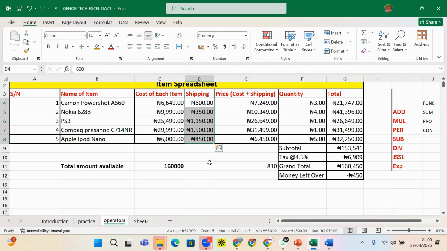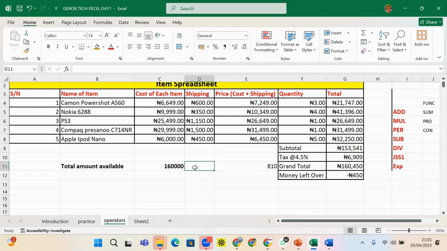I think Prof is familiar with standard deviation. Standard deviation tells us how far numbers are spread from the average. It is talking about the spread, right? So when we see something, we say, okay, what is the average? The average is 810. What is the minimum? The minimum is 35. What is the maximum? The maximum is 1,500, right? But to get the complete spread and standard deviation, we'll still need to